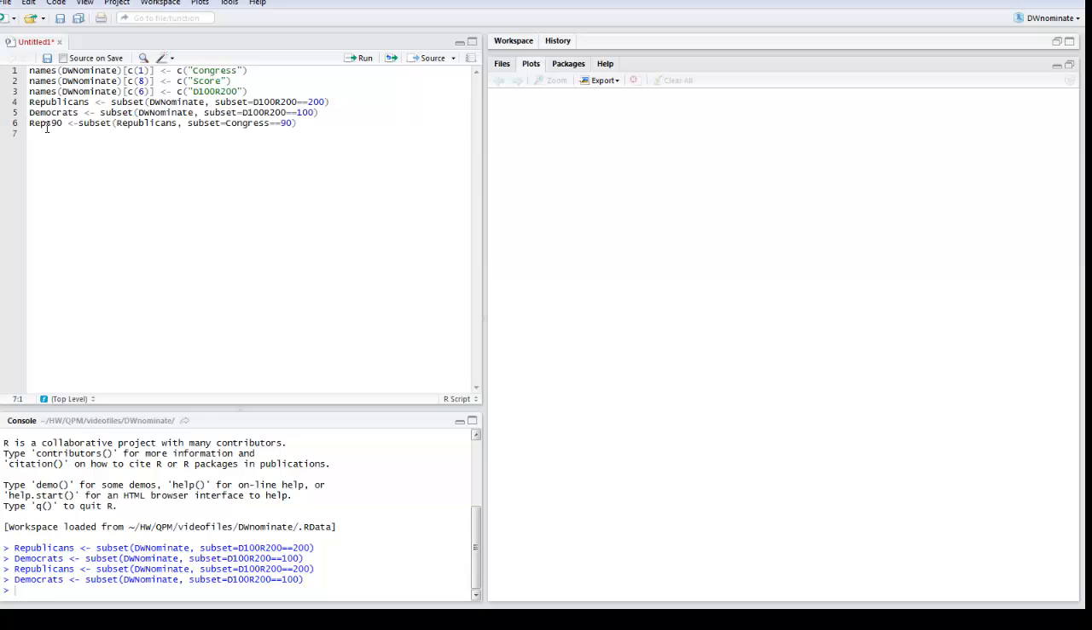Say we want to do the Republicans in the 90th Congress, we'll do the same, > sign, dash, command subset, but this time the bigger data set that we're getting from is just the Republicans, and then the subset is going to be from Congress when it's 90, so it's going to get the Republicans from the 90th Congress only. So we'll run that,